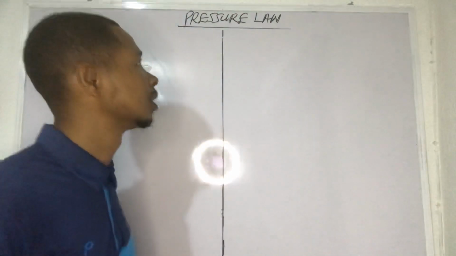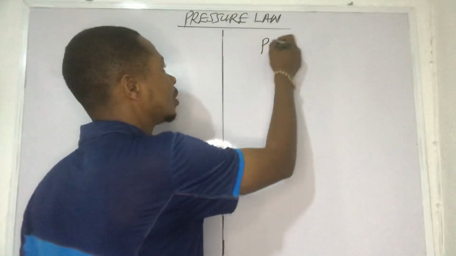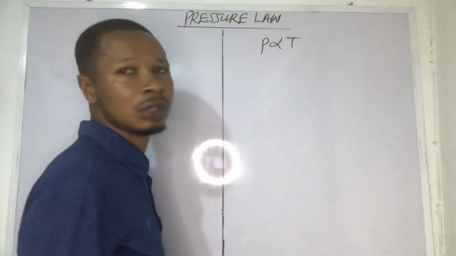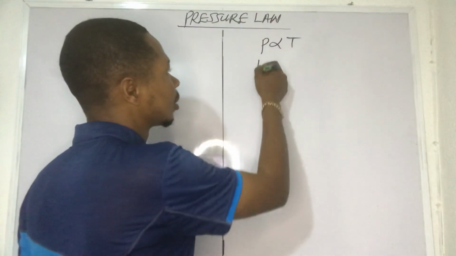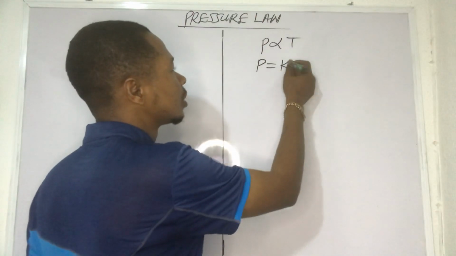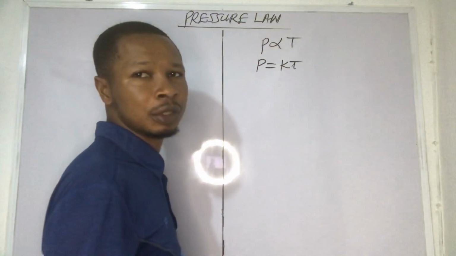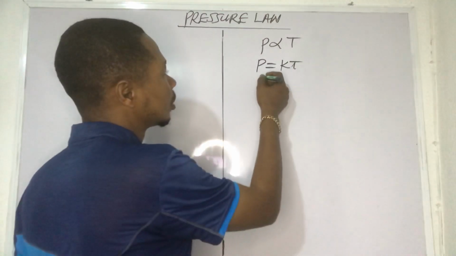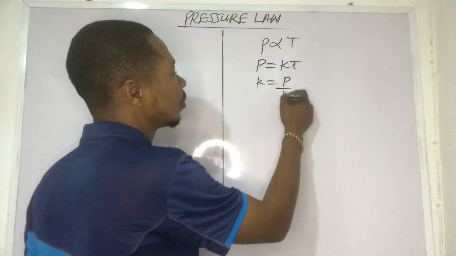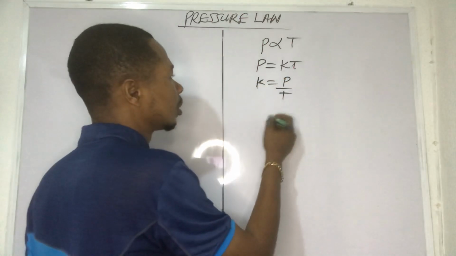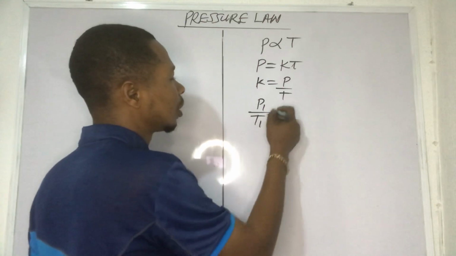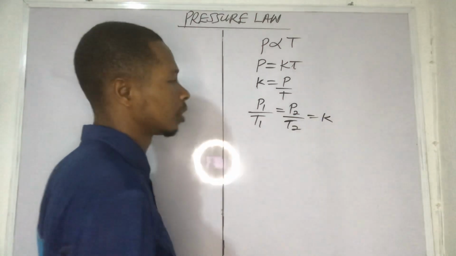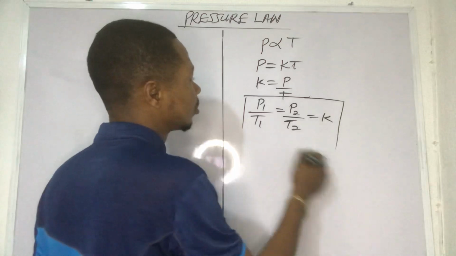Mathematically, pressure law can be written as P varies directly with T. Then if I remove this proportionality symbol, I will introduce a constant K, and you have P equal to KT. Then at different pressure and temperature, it means that K can be equal to P over T. From there you can have P1 over T1 is equal to P2 over T2 is equal to K. So this is the pressure equation,